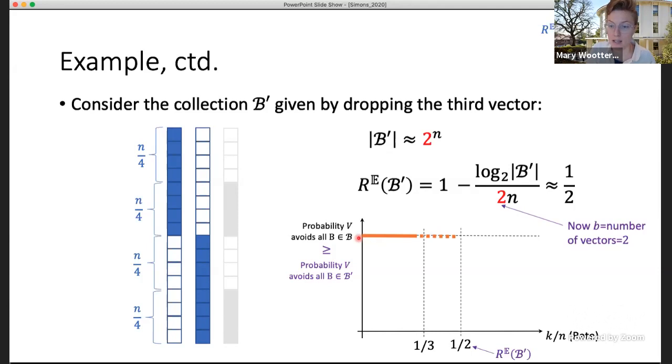So that means that even if I go all the way out to here, well beyond this 1/3 threshold, it becomes really likely that I will satisfy my original triple property, even though this is way beyond what that expectation threshold was for the triple property.